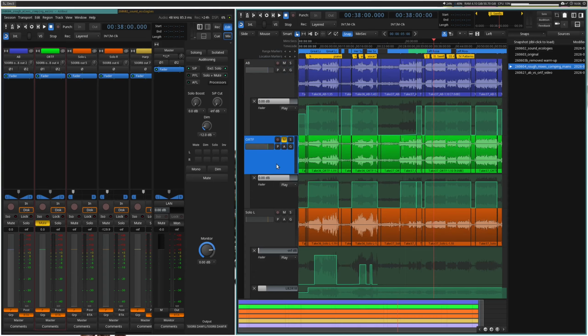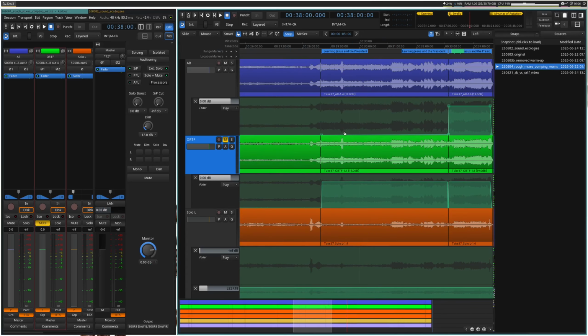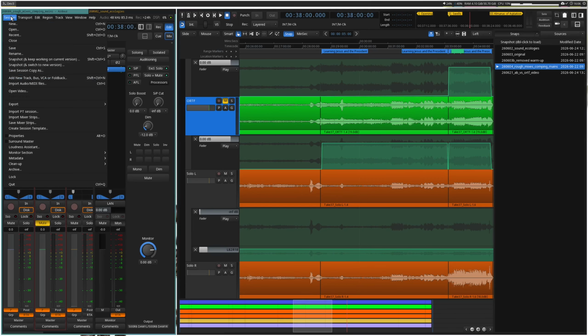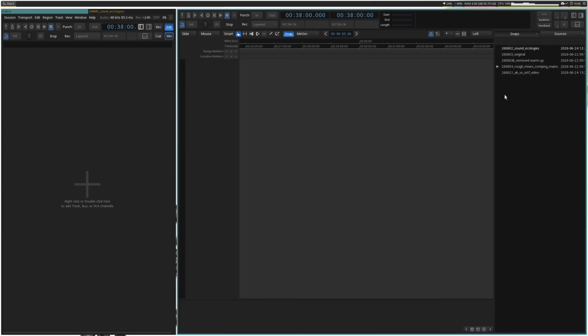Another way to use this is, if you decide, hey, I want to make some automation changes, but I'm not sure that this is something I want to save, you could create a new snapshot. And so the way you create a snapshot, and I should have shown this a minute ago, is there are 2 ways to do it. And I'm actually going to go back to my in-progress mix here. And I should label this slightly differently, but